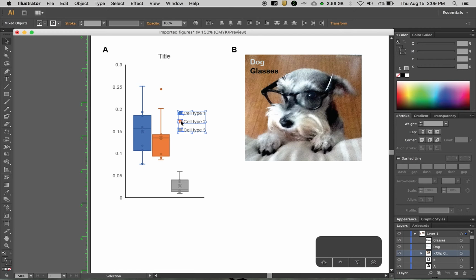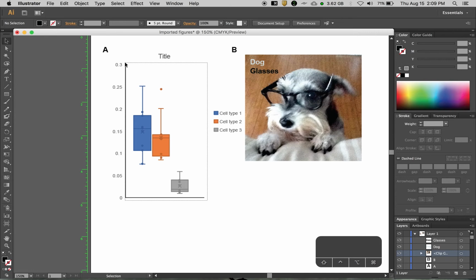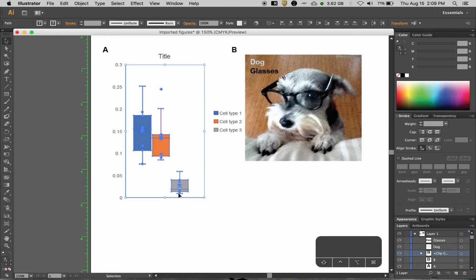So when you resize data, you have to be extremely careful because you obviously don't want to actually change where the data fall on your graph. That would be data manipulation. So whenever you resize graphs, you have to make sure to resize everything in the graph the same way, including the axes. And this is extremely important, again, because you don't want to accidentally manipulate any of your data. So if I'm compressing this to match the size of my image here,